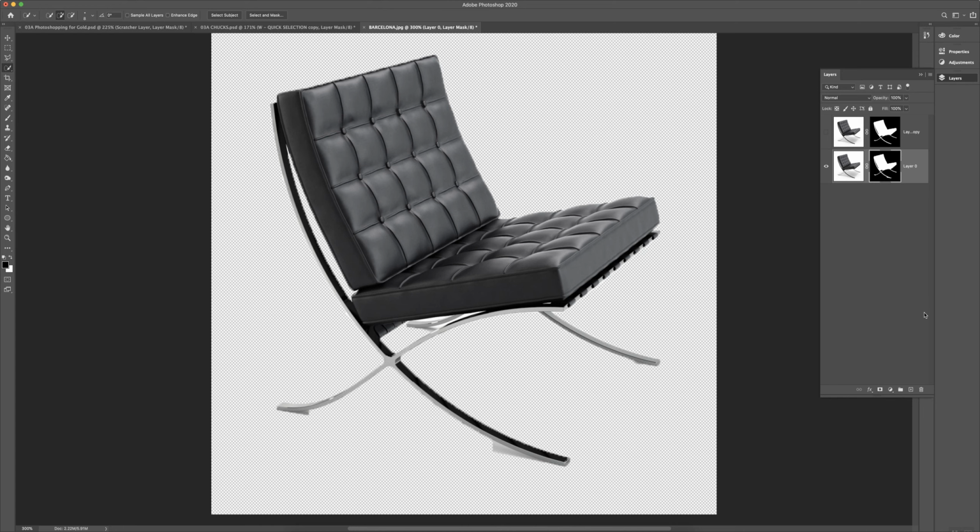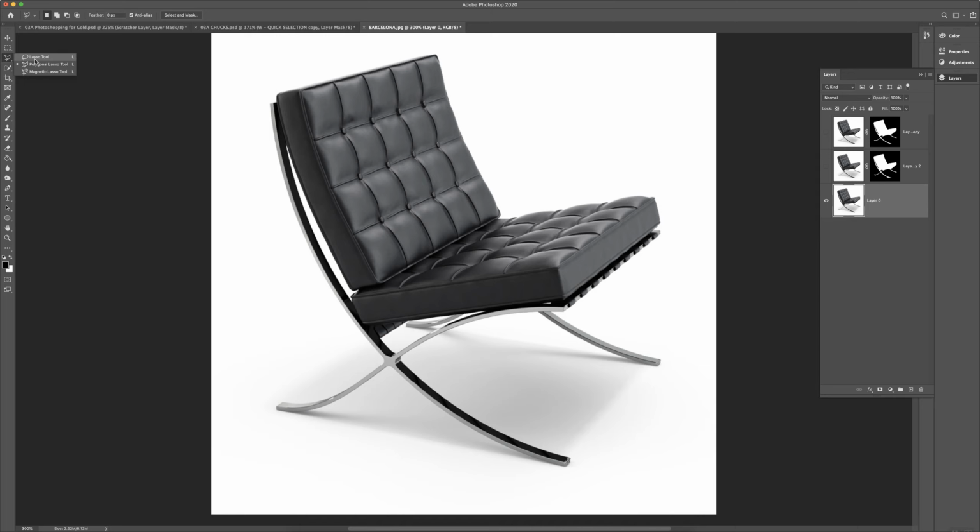As promised, I said I was going to do the quick selection, and then I'm going to select it with the lasso. So I'm going to quickly make a copy of this. Again, this is kind of behind the scenes. Don't worry about that. Let me get rid of this mask. I'm just going to delete it. And I'm back to a new layer that just has the chair. So for this one, I'm going to start with the,